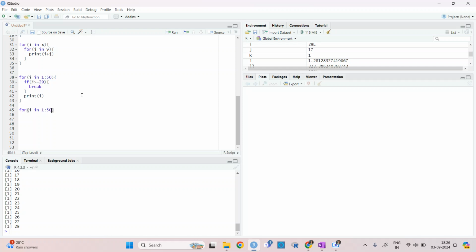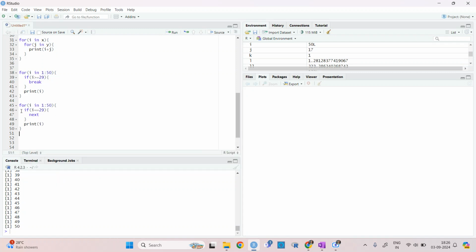If I write the same, instead of this I have given a similar value, and I have given this next. Okay, and then print.